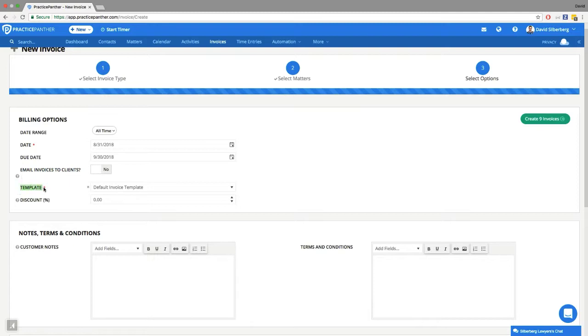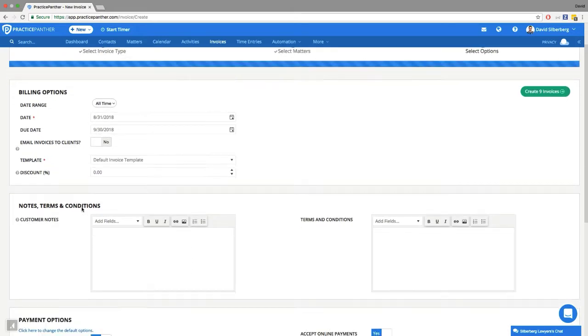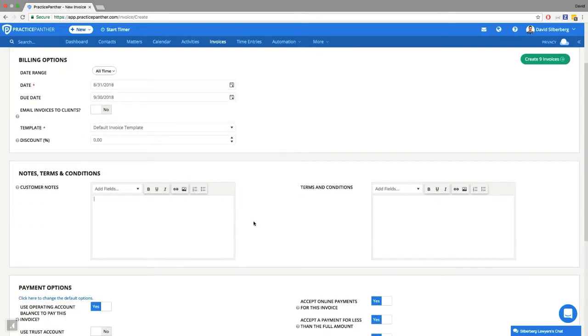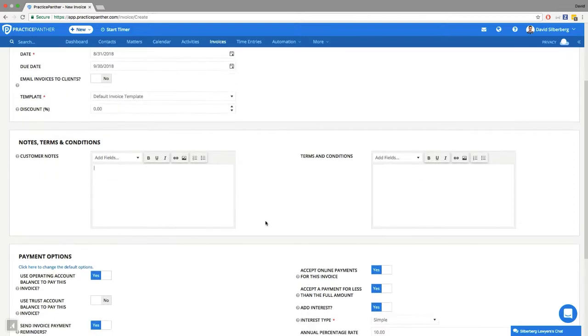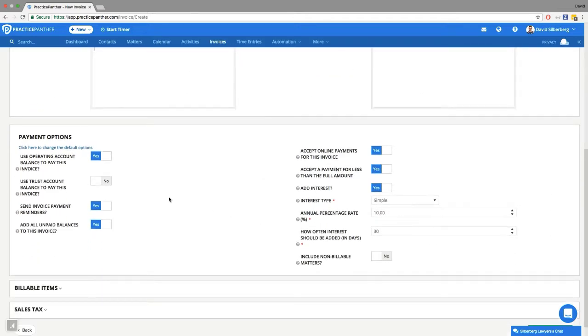What template do you want to use for all of these invoices? So here we can pick one of our existing invoice templates, which may change based on the type of case we're handling. Do you want to give a discount percentage at all to all these invoices? And what do you want your terms and conditions and notes to be for all of these invoices? Lastly, we're going to be picking what our payment options are. If we're in our pre-bill process right now, we're not ready to assign any retainers, we're going to turn off